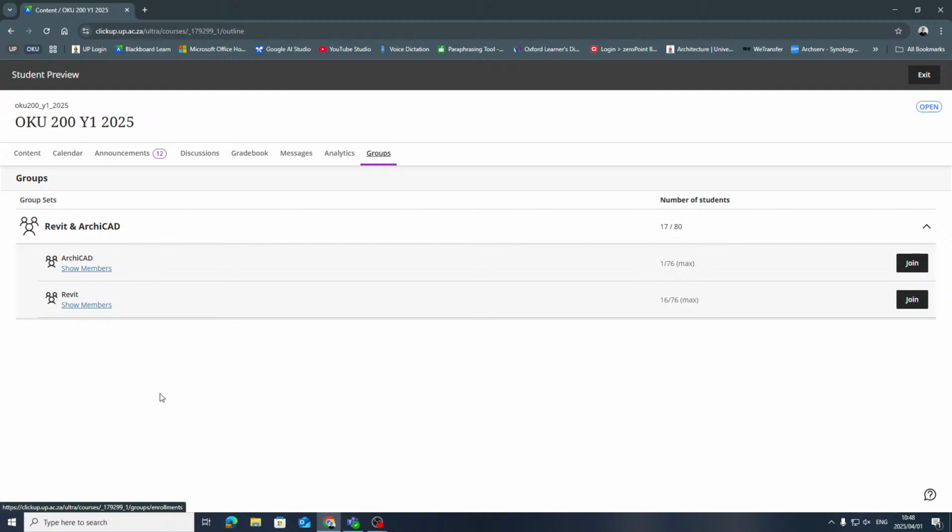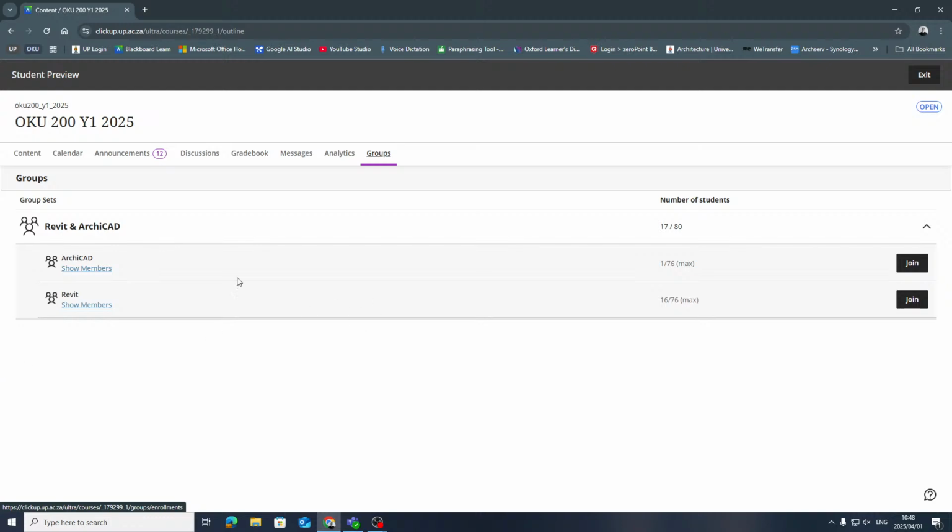Now, unfortunately, I don't know ArchiCAD. I'm getting someone else to assist me to build an ArchiCAD library and workflow. I will be learning ArchiCAD this year, but I've got a Revit background, so I'll be dealing with the Revit information. So it's critical by the end of this week that you all have the software installed, ArchiCAD or Revit.